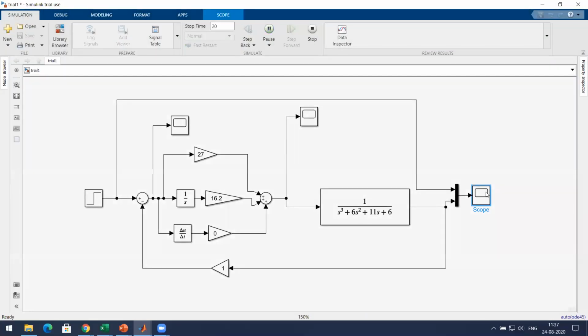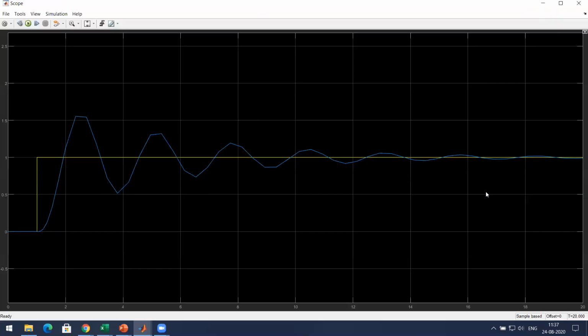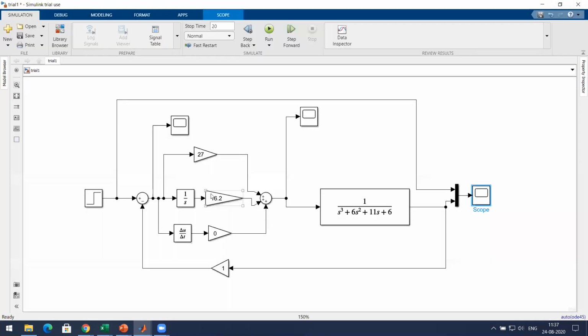So this is what is obtained from Ziegler-Nichols, correct? Yes, sir. Suppose you're not happy with this, what will you do? We can alter the values of Kp and Ki and then arrive at the output. Suppose I don't want the Ziegler-Nichols, it's giving me a large overshoot. I'm not happy with the result.